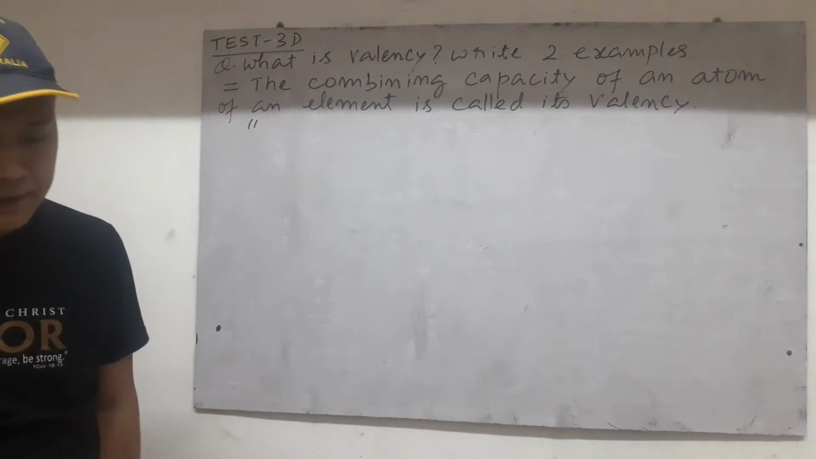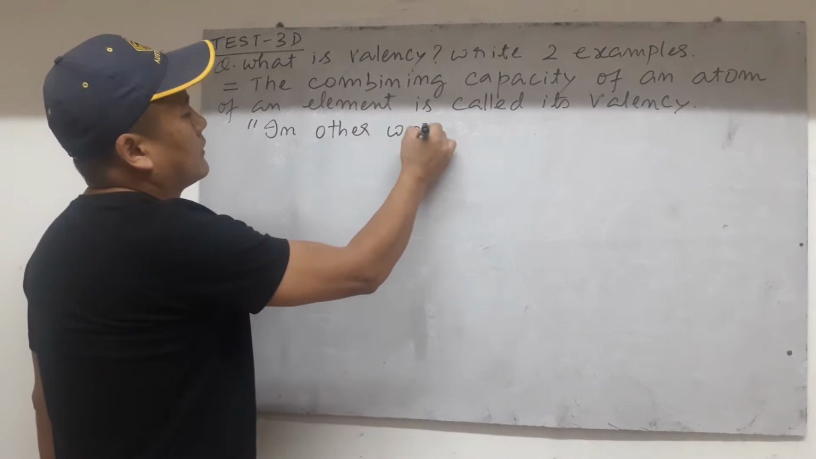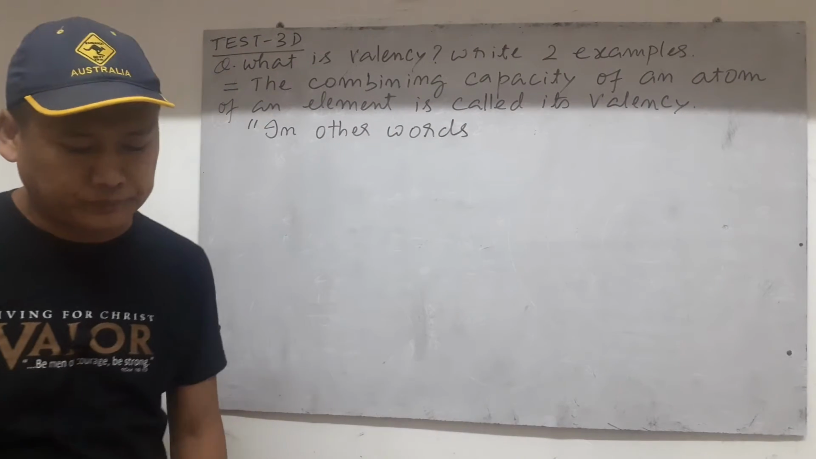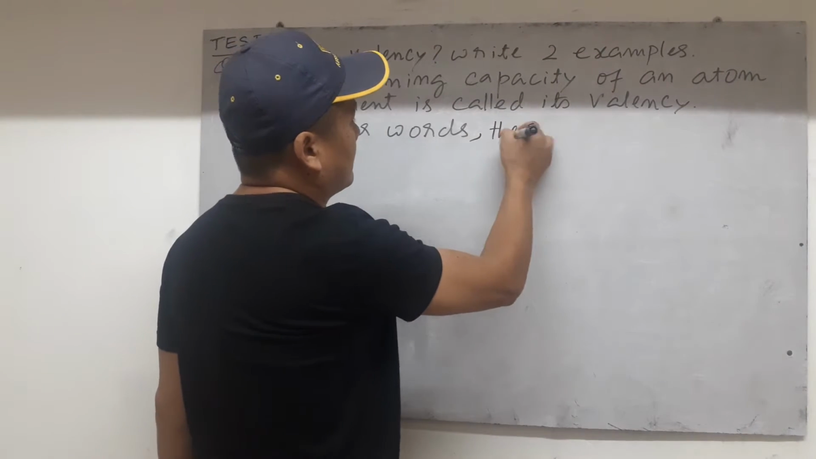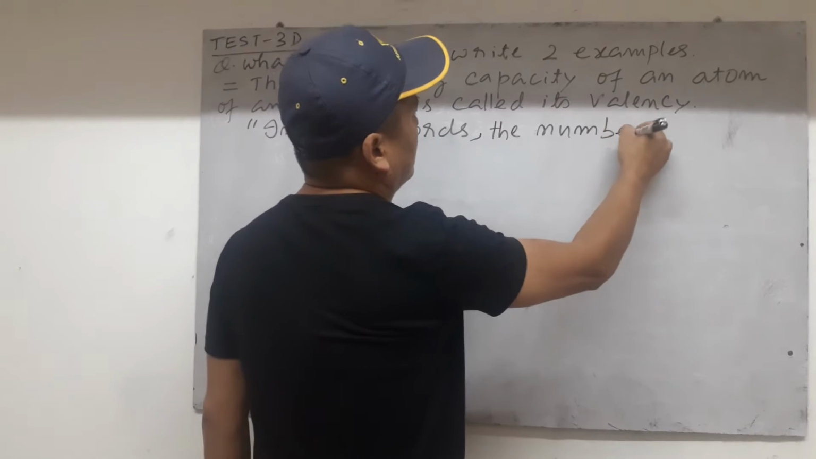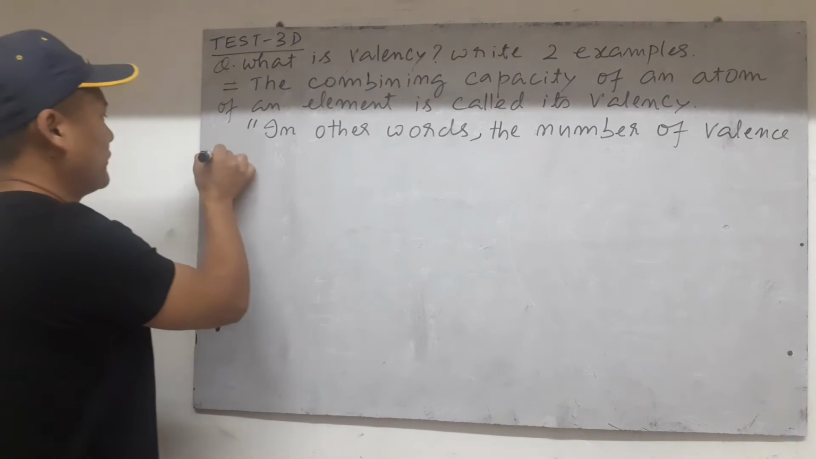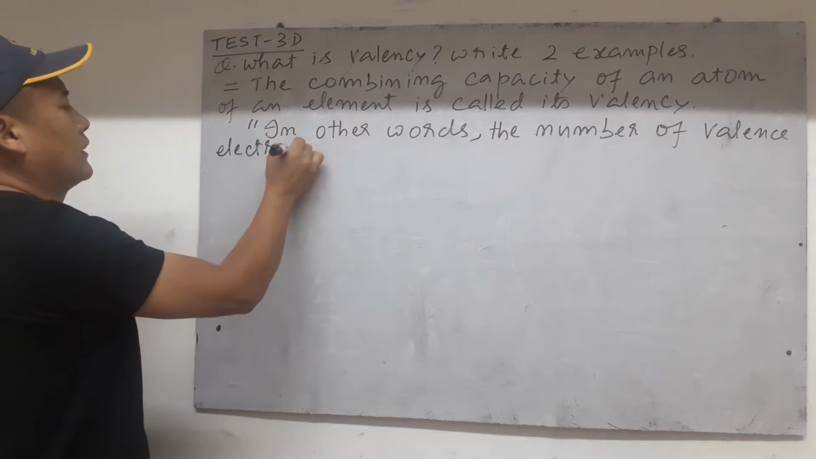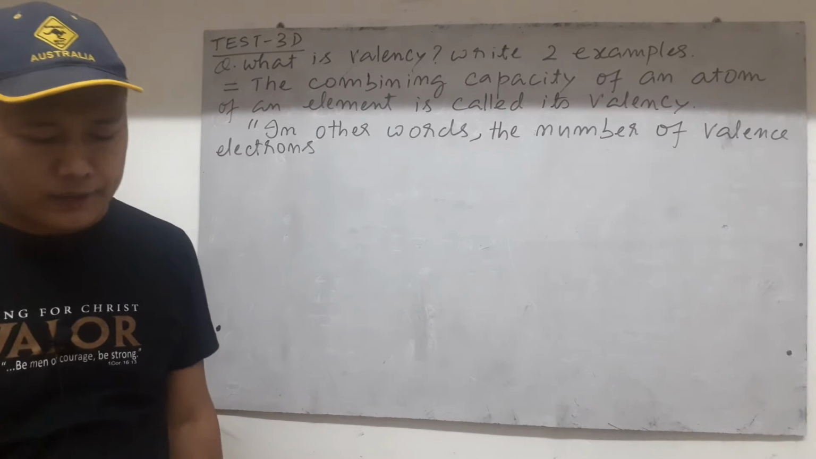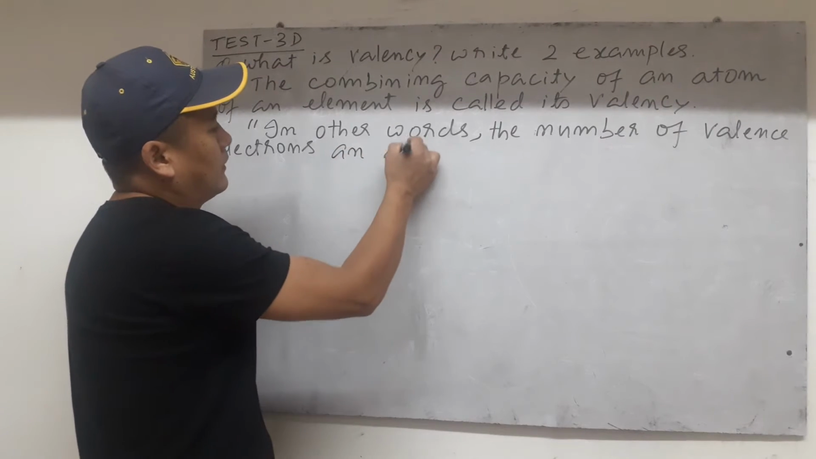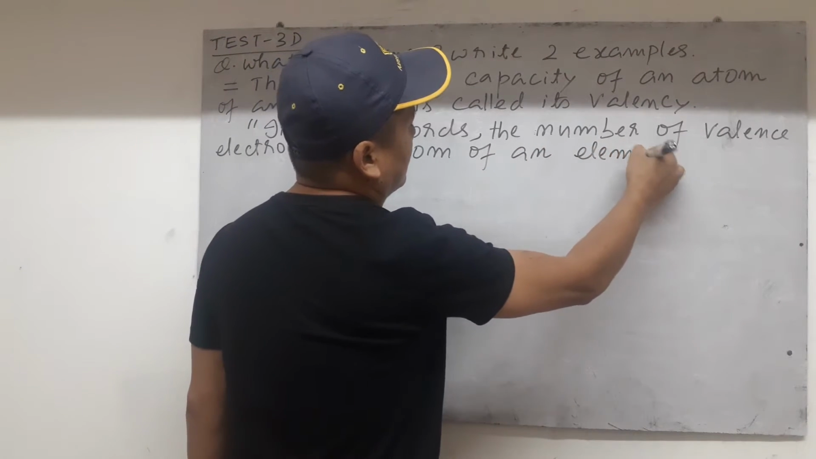So I'm going to say, in other words, another way of defining, a better way. In other words, just write it down first. Okay, in other words, the number of valence electrons in an atom. We know what valence electrons are. We have learned this in the previous class: electrons in the outermost shell. So the number of valence electrons an atom of an element, an atom of any element,